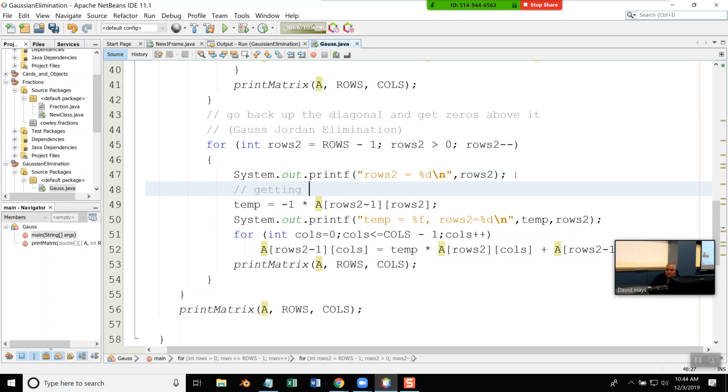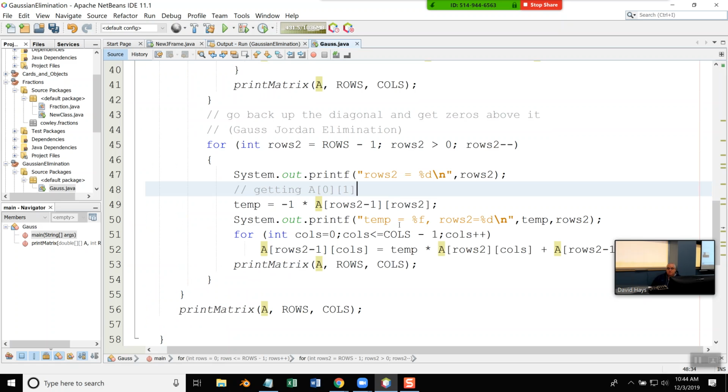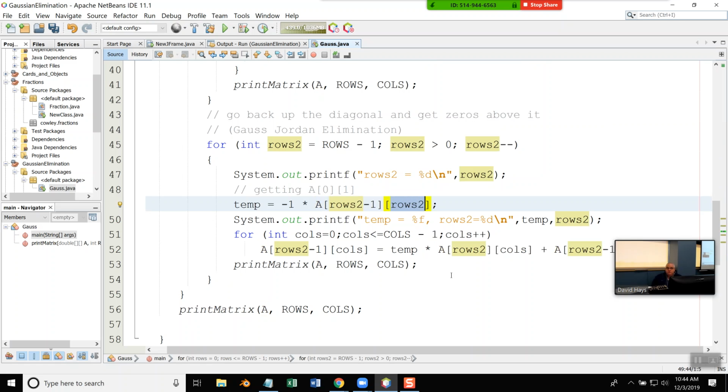The next one, row 2 is 1, and my temp is wrong. I'm getting a 1 minus 1 is 0, 1. I'm getting 0, 1 when that's equal to 1. 0, 1, row 0, 1 is this number right here. I don't want that number right there. I want this one. So instead of row 2,